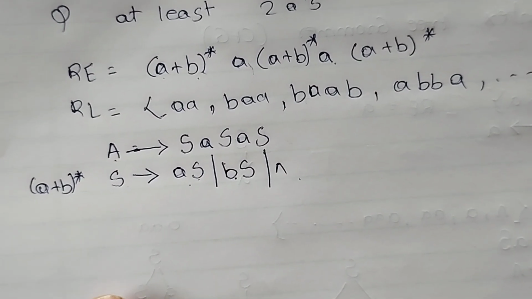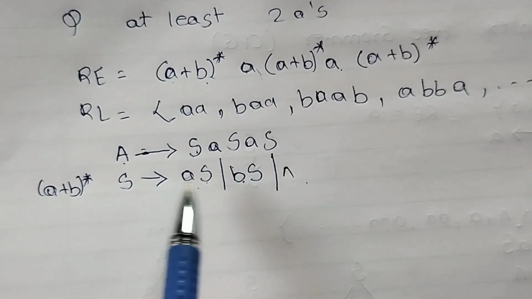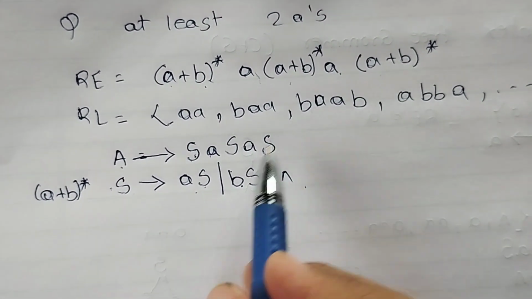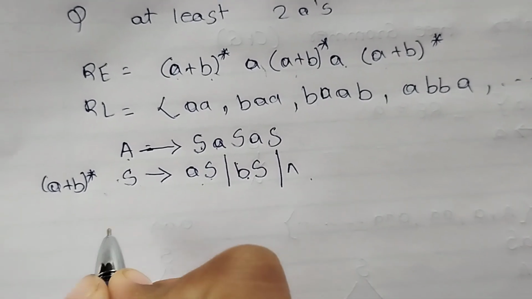So I hope you all get the idea about this. S → aA plus B star means this S, then A is compulsory, S, and A plus star again. This is for the S, and this is the production. So CFG